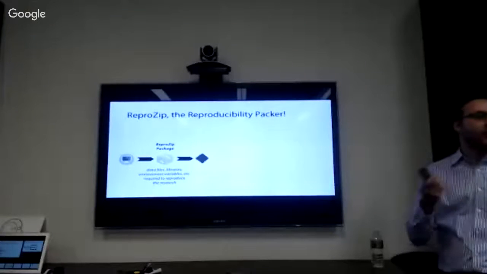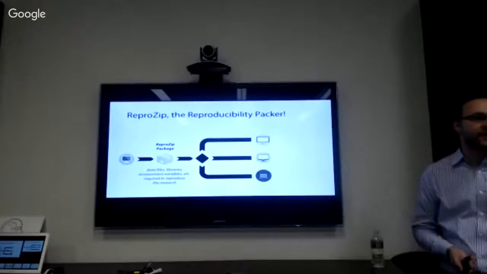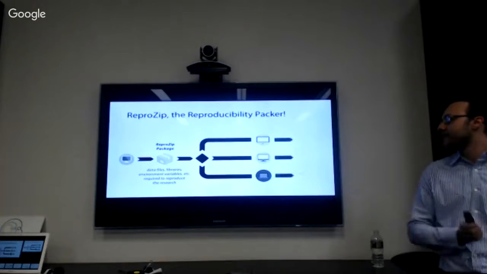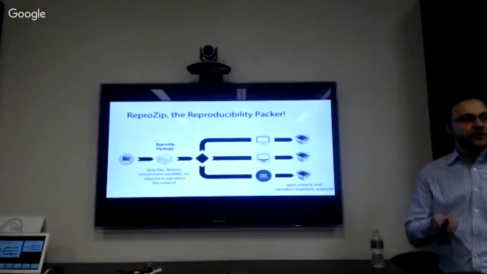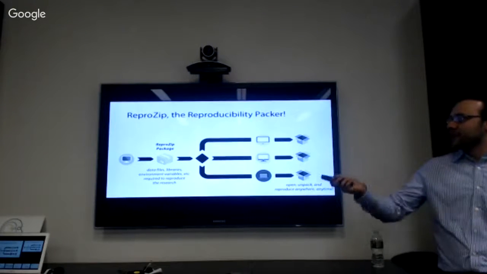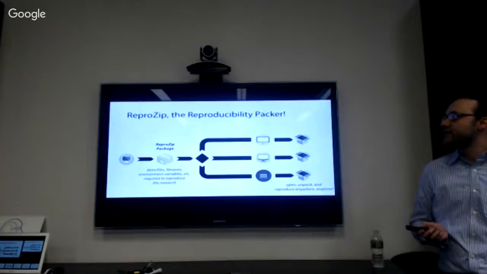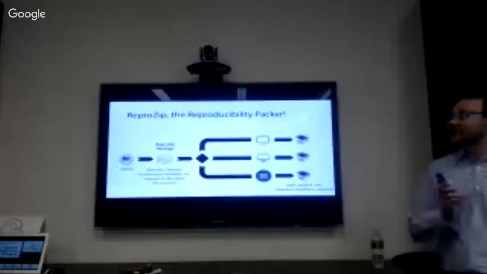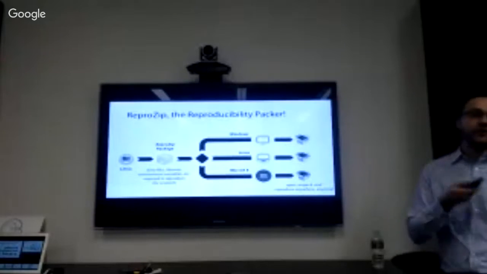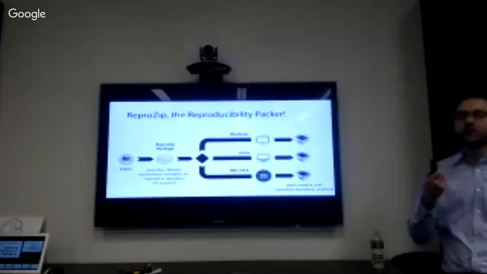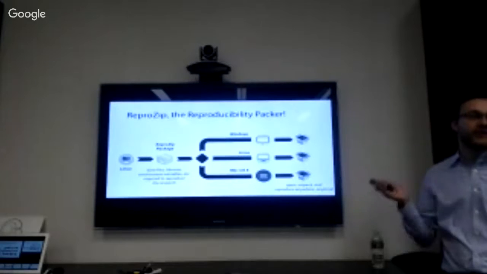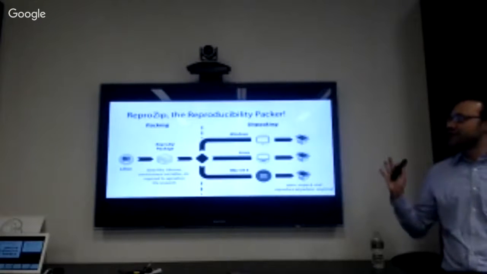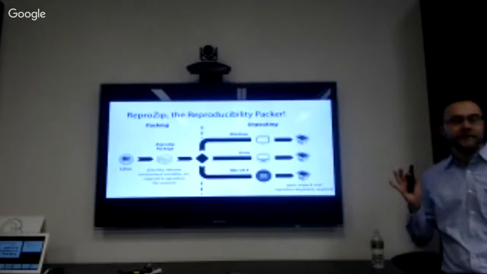Now you send this package to your collaborators, your peers, or other researchers interested in your work, and they may be working on totally different systems. Then they can use ReproZip to unpack and reproduce the research. When creating the ReproZip package, since we use a software package that is native to Linux, packing only works on Linux. But for unpacking, we are able to do it on Windows, Linux, and macOS, because we can use virtualization environments for this phase. So we have those two phases that we call packing and unpacking, okay?